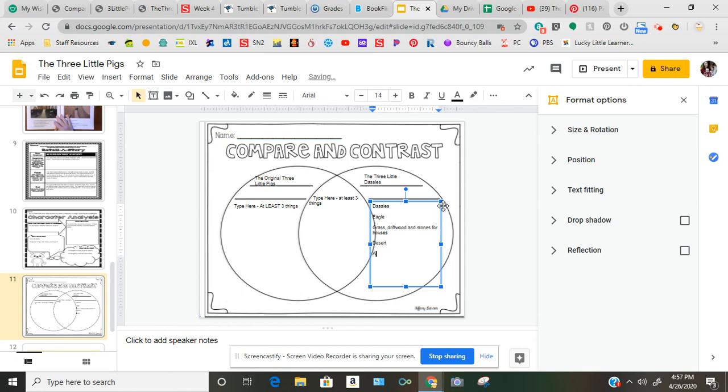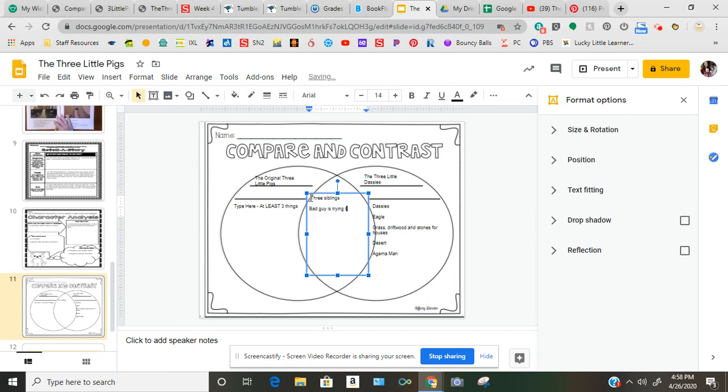Okay. There was an Agama man in this story, which there wasn't in the other one. Okay. So I thought of right off the bat easily 1, 2, 3, 4, 5. Okay. And that's all you have to type. Then you're going to think of at least 3 differences for the original pig story, which I'm not going to do because I think you guys can do that. And then here we have to type at least 3 ways that they're similar. Okay. So here we're going to type 3 characters or 3 siblings. Let's type that. 3 siblings. The bad guy